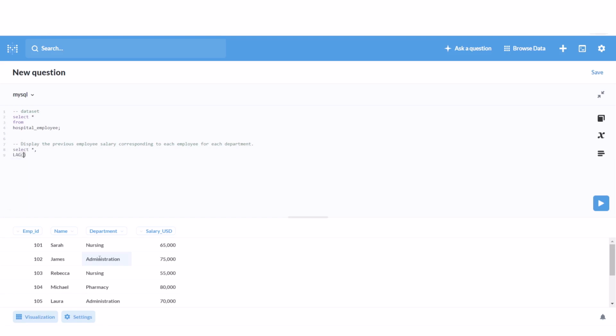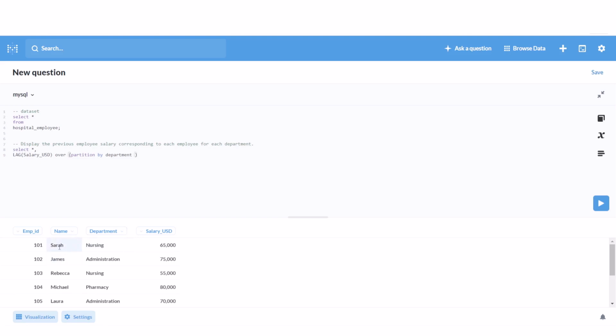We want to find lag of salary, so we will provide the salary column here, and we want to partition it by department. And we want to do it such that the employee who joined first should first come in the partition. So Sarah,